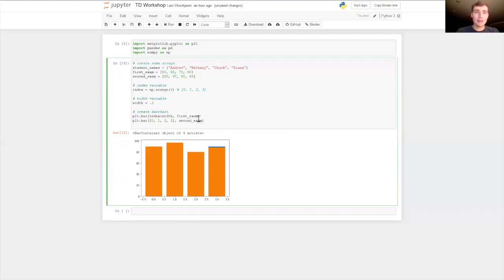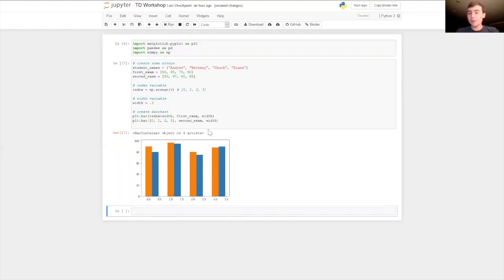And then in the last argument, we're going to put width in the width spot in the function, sorry. So this takes the scalars on the x-axis, the height of the bars, as well as the width of each bar. So width of each bar makes sense, it's equal to width. So let's see what happens if we run this. So there you go. Now you have a bar chart that accurately represents the exam scores for each student,